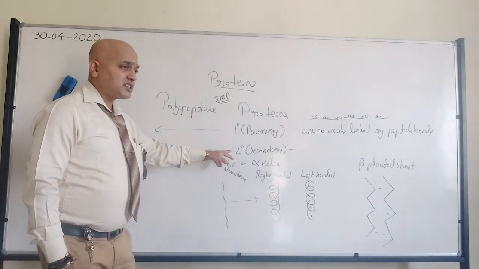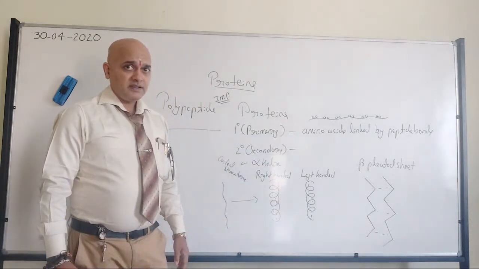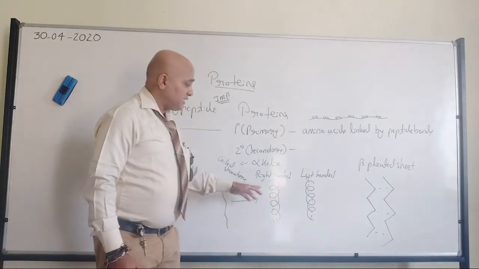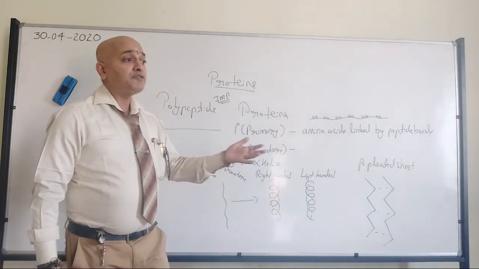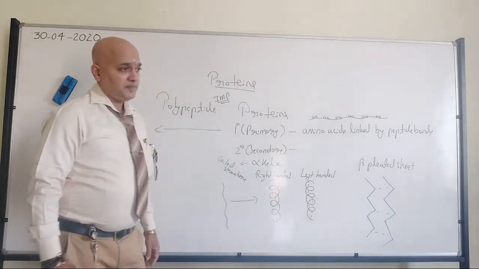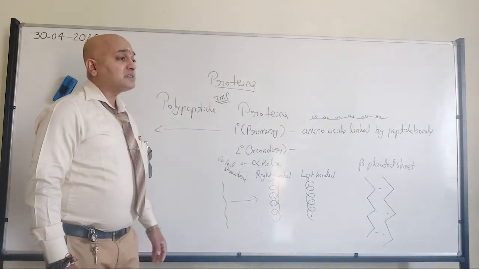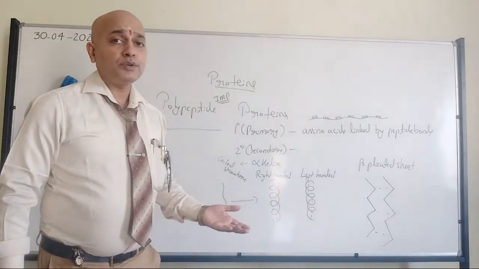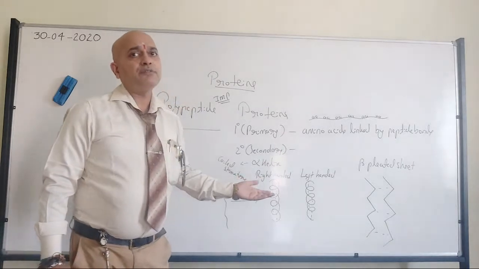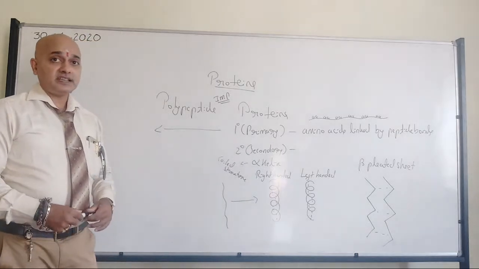So secondary structure is due to interaction of amino acids where polypeptides will attain different shapes. That is nothing but secondary structure. All of you have understanding? If they ask, give an example for secondary structure of a protein, then you can go for either beta pleated sheet or alpha helix, any one. It's up to you. Fine? So that's where we have the secondary structure.